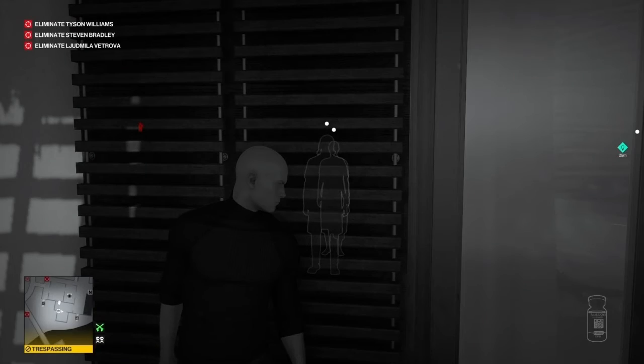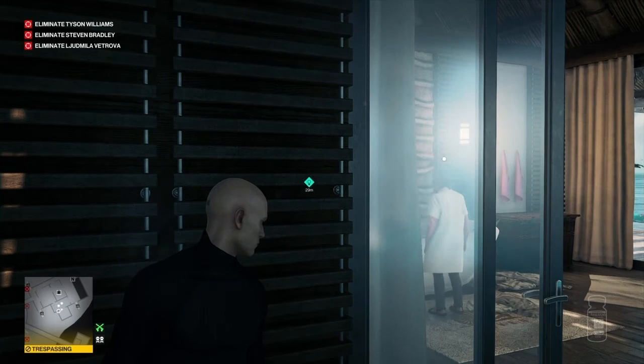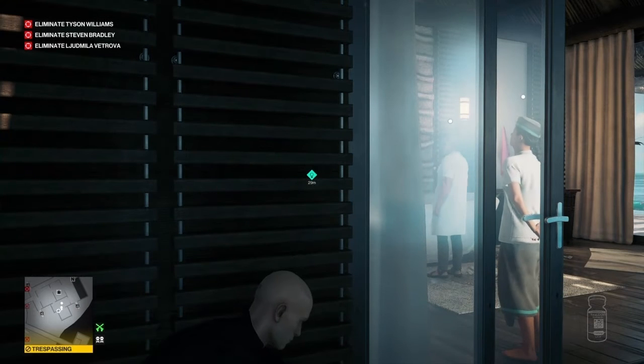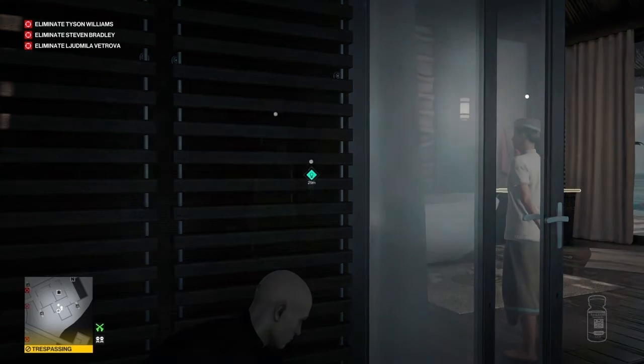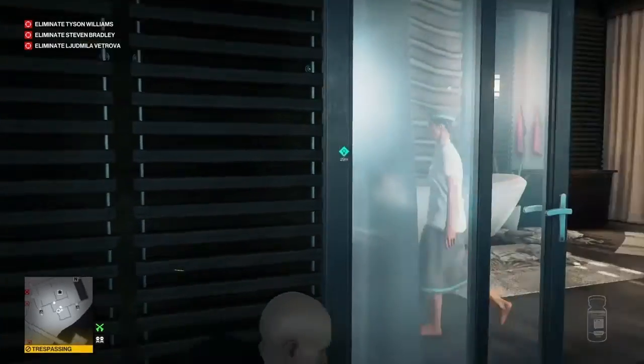And eventually the doctor will come into the bathroom, closely followed by his assistant. He will mill around in here briefly, and when he then goes to leave, we can break cover and pounce on his assistant. You have to be very quick when you do this. So once the doctor leaves the mirror he's currently standing at, he will turn to go into the living room,